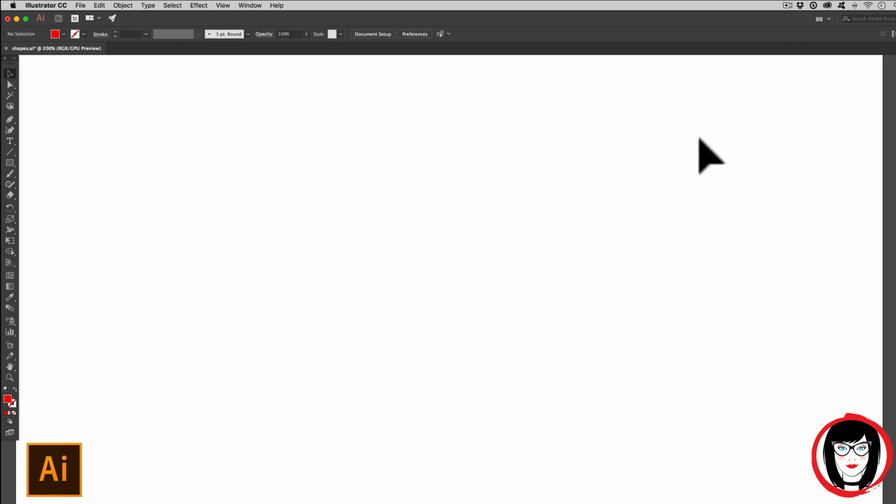I can create basic shapes in Illustrator using the Shape tool. When you click and hold the Shape tool, you can see it has subtools such as rectangle, ellipse or oval, polygon, and star. If I choose my rectangle tool by clicking and holding and selecting it with my left mouse,